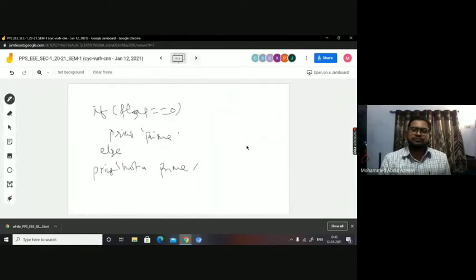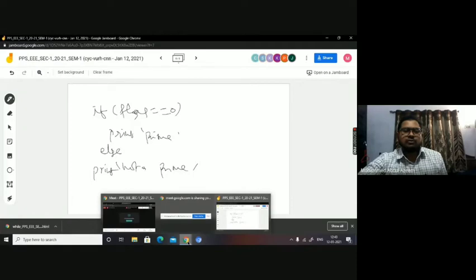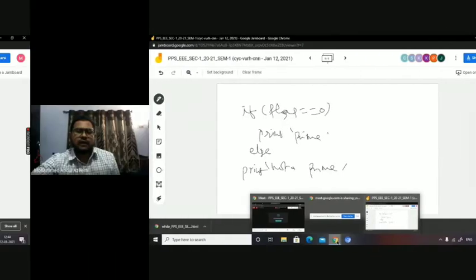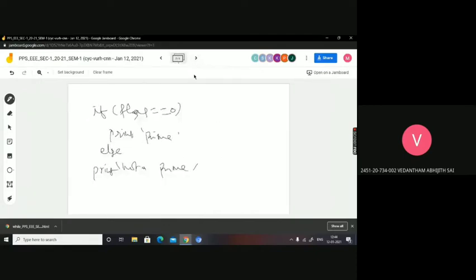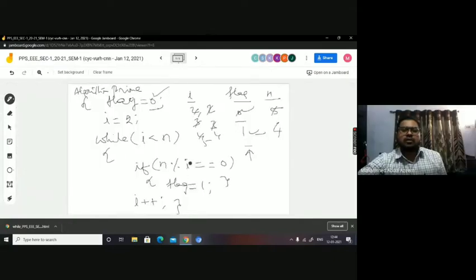So now let us write the program for the same. All of you, I think, able to understand this, right? In if condition, if we satisfy that, we can directly print no, sir, without using this flag equal to 1. But no, we have to check all the values from the set, only then we have to confirm.